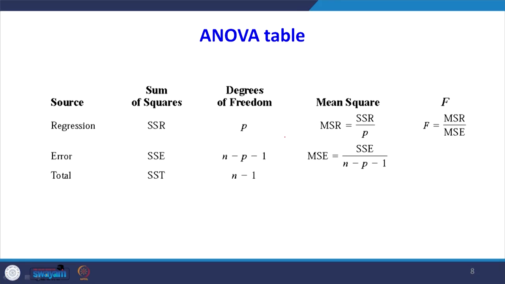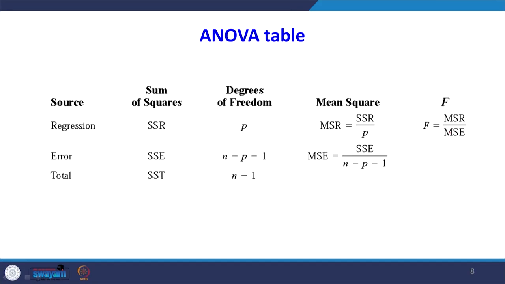So, this is the ANOVA regression table. What are the sources of error? Error due to regression variable, error, total: regression sum of squares, error sum of squares, total sum of squares. Look at the degrees of freedom, that is more important. If there is one independent variable, the degrees of freedom is 1 for the regression sum of squares. For TSS, that is the total sum of squares, it is n minus 1, where n is the number of data points. When you subtract p from n minus 1, we get n minus 1 minus p, which is n minus p minus 1. So, what is MSR? MSR is SSR divided by p, and MSE is SSE divided by n minus p minus 1. So, F equal to MSR divided by MSE.